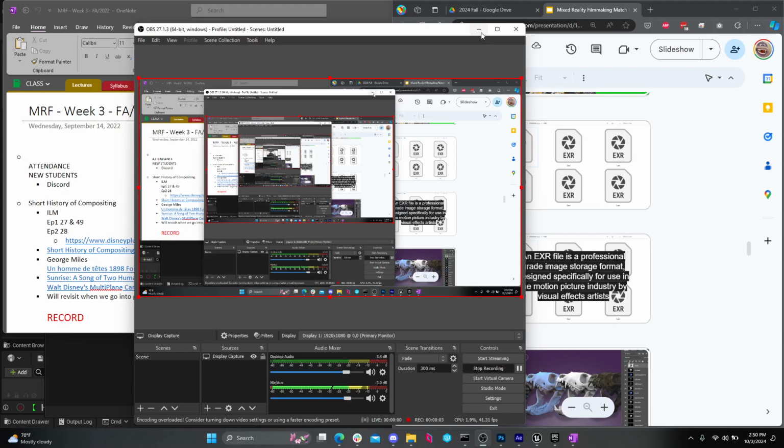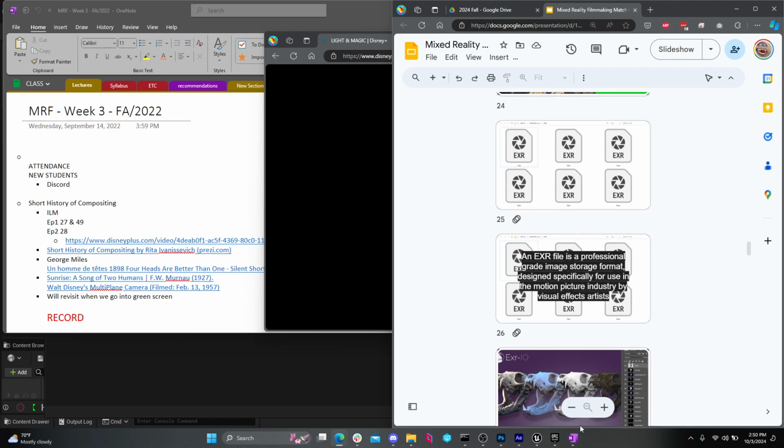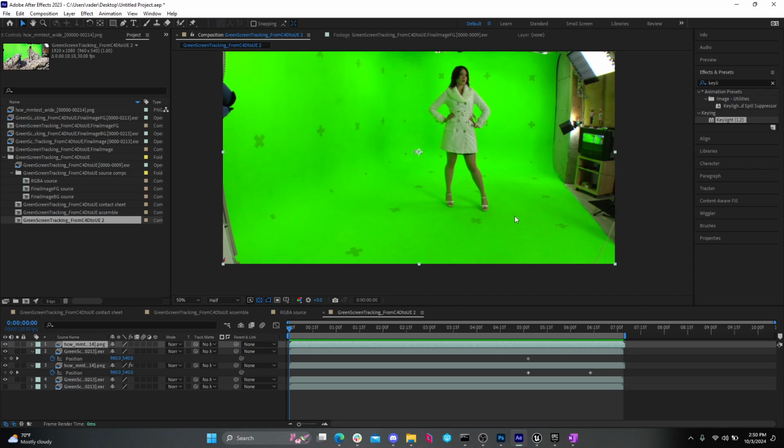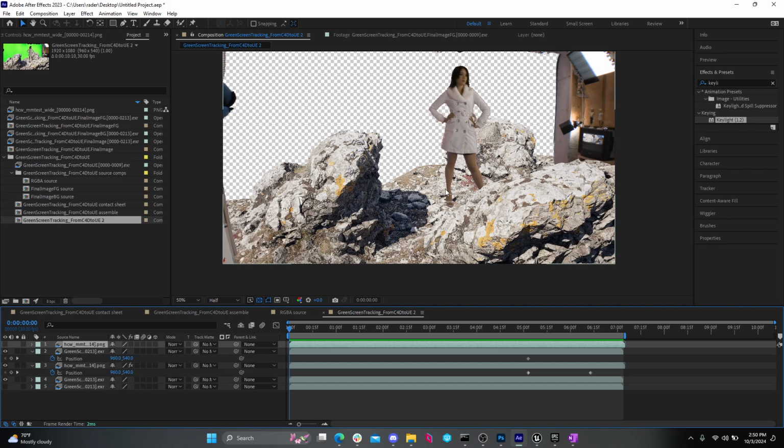All right, so working with stencil layers and object IDs for the final composite, bringing everything back from Unreal to After Effects for our composite. This was an image that we've been working with or looking at when we talked about tracking. This was something that I just quickly threw together. She's not keyed out very well. But the idea is that